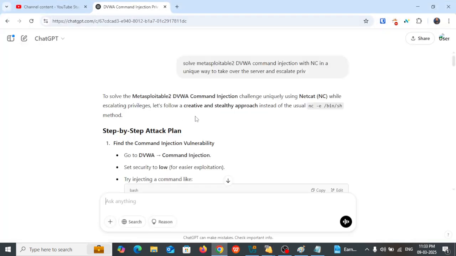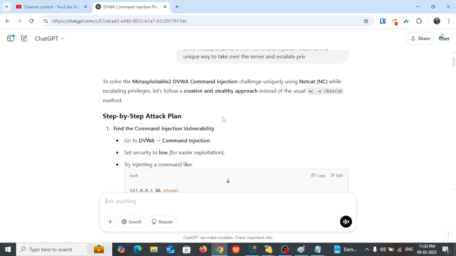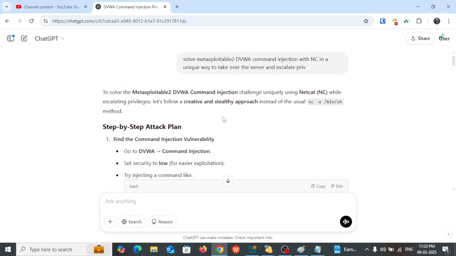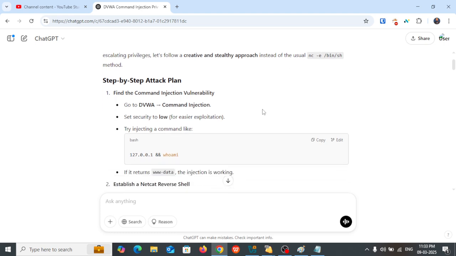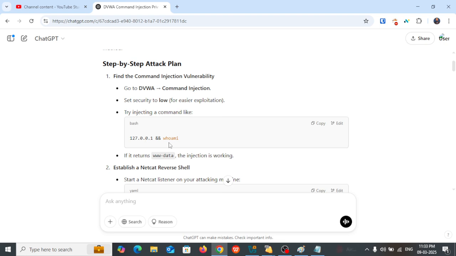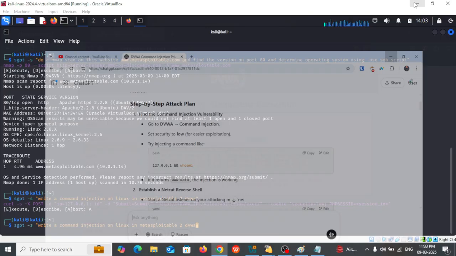So you can see I have previously asked ChatGPT, sorry, to solve Metasploitable DVWA command injection, and it is giving me a unique way to escalate the privilege, with some commands. So we have this command, 127, we will ping, and then whoami to find out. So either we can use this and whoami, or we can also